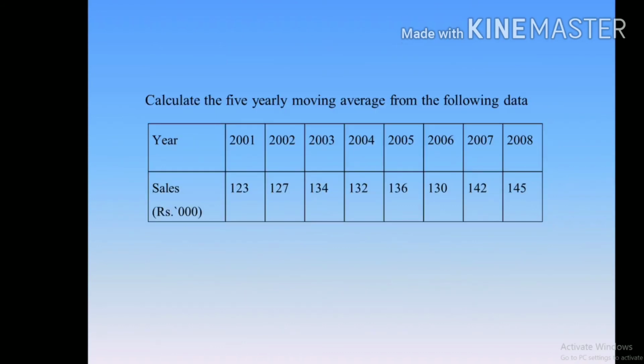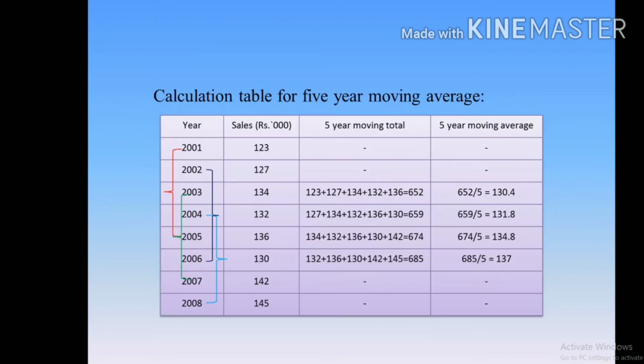The question given here is to calculate the 5-yearly moving average from the following data. You see in the data there are 8 years, and sales in 1000 rupees is given here, and you have to calculate the moving average using this data. So this is the calculation table for the 5-year moving average. The first column represents the year and the second column represents the sales. The year and sales are already given in the question, and you have to find out the 5-year moving total and